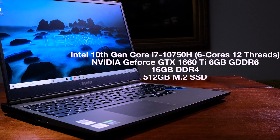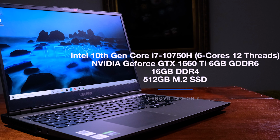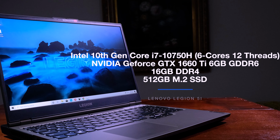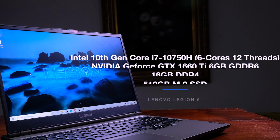Another laptop that I want to highlight is the Lenovo Legion 5. I was not able to get my hands on the Ryzen version this past year. I'm terribly sorry. They didn't send it to me. They sent me two different Intel versions, and they never sent me the Ryzen. So I got to work with what I get. But I am extremely impressed. That kind of hurt. I am extremely impressed with the price point and performance available coming out of the Lenovo